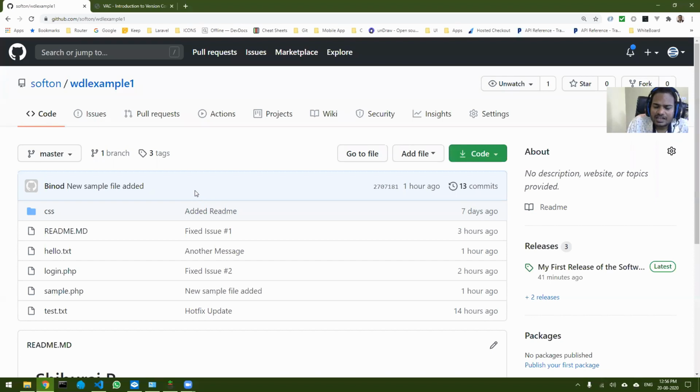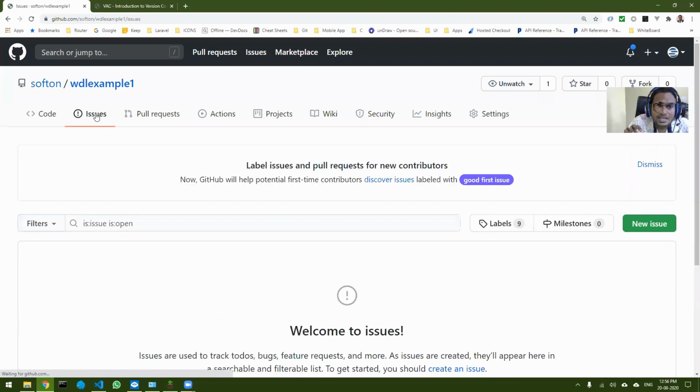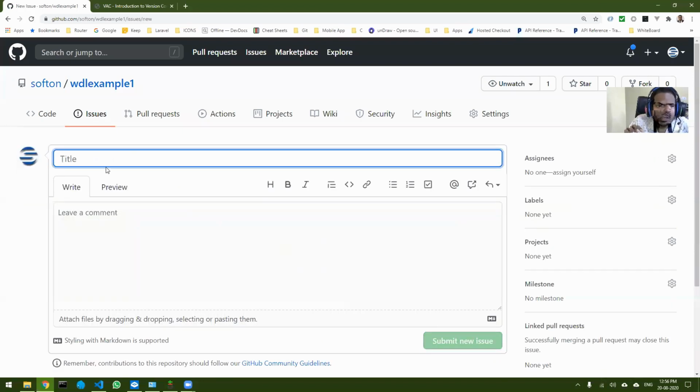Whenever they find any bugs in your software, what they will usually do is they will come over here in the issues tab and create a new issue. If I create a new issue, I can give the description of the issue, what is going wrong. So let's say, major bug, login form not working.